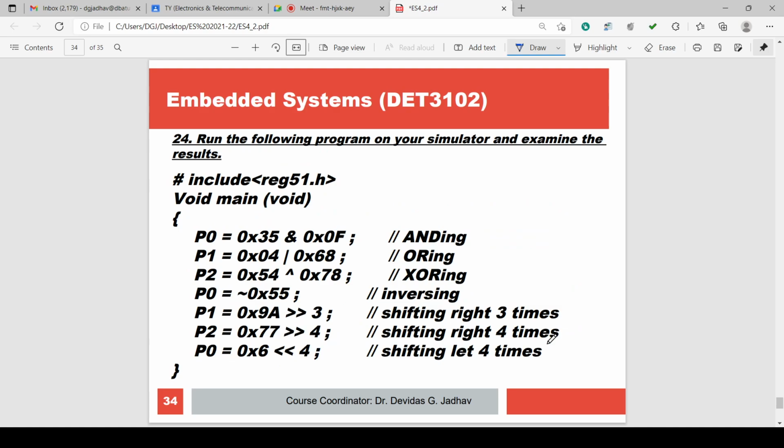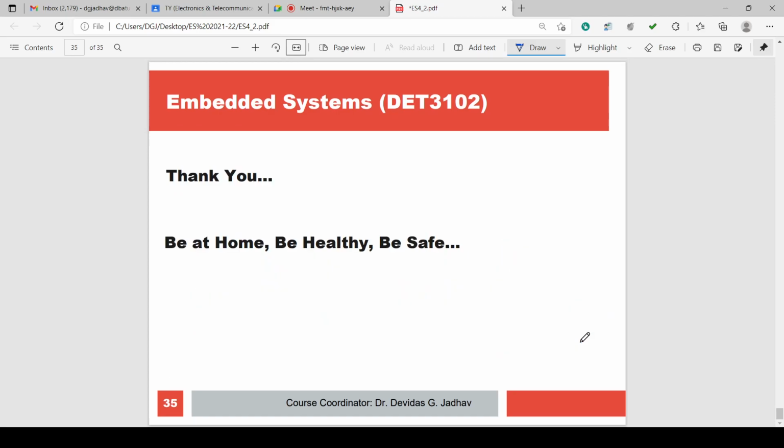And these are the different results for examining ANDing, ORing, XORing, inversing, shifting right, shifting left 3 times, 4 times, whatever. So for this programming, we'll stop, but we'll check now the